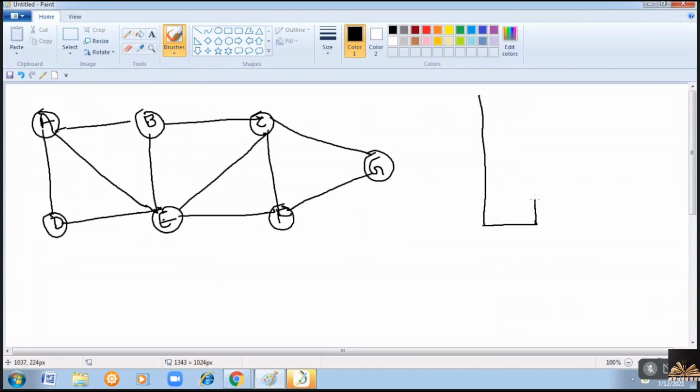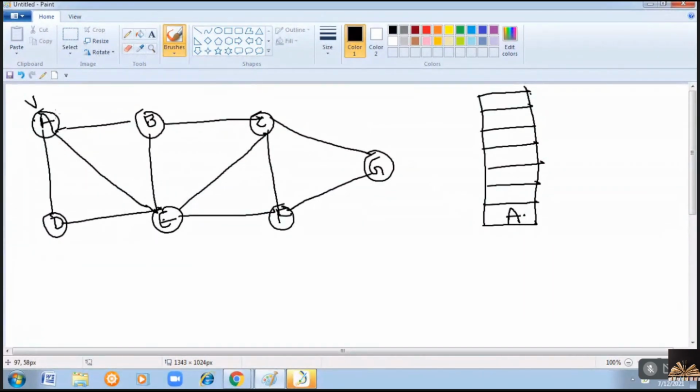First step is to define a stack with maximum size as the number of vertices in the graph. So now the stack size will be 7 here. So first step is what? You can select any vertex as a starting point, visit that vertex and push it into the stack. Visit the first vertex and push it into the stack.